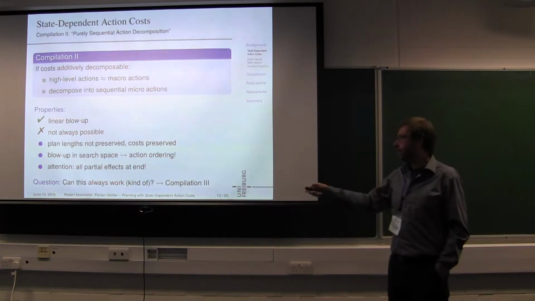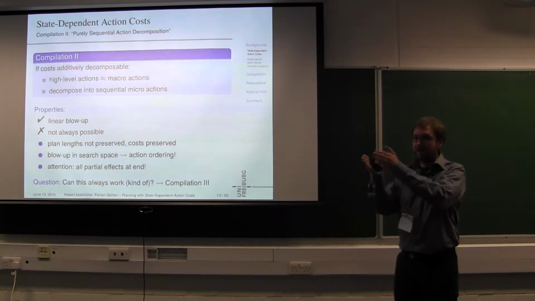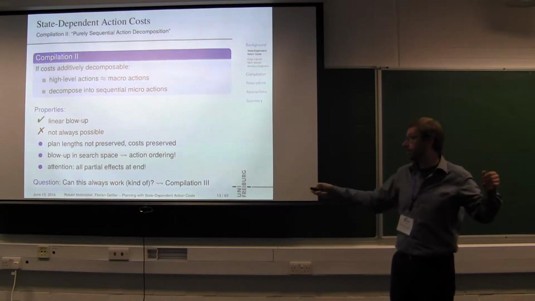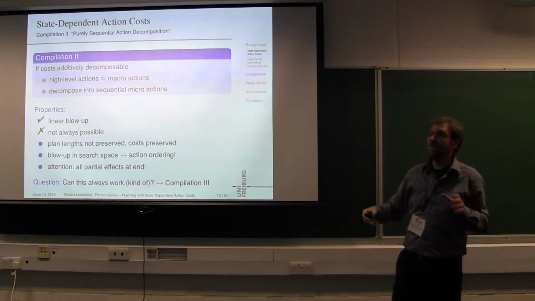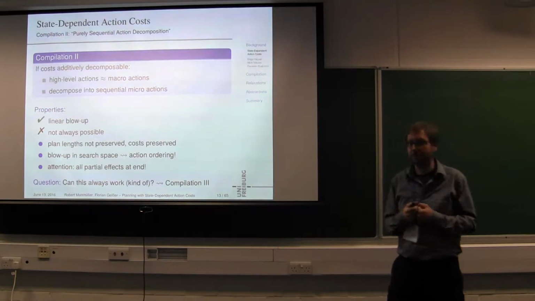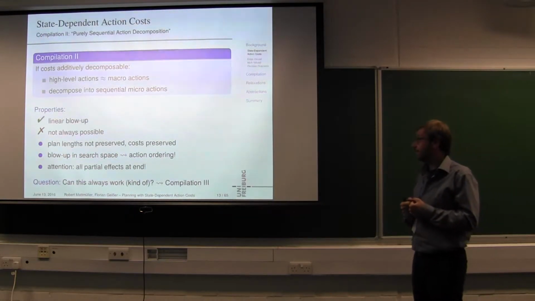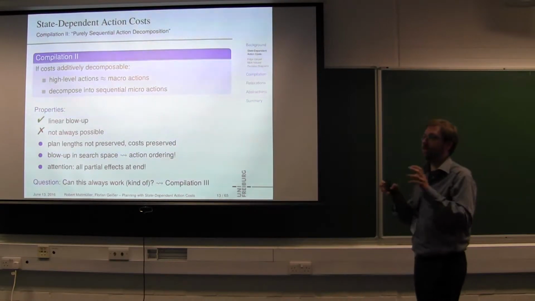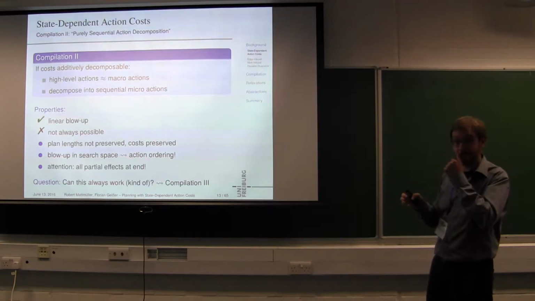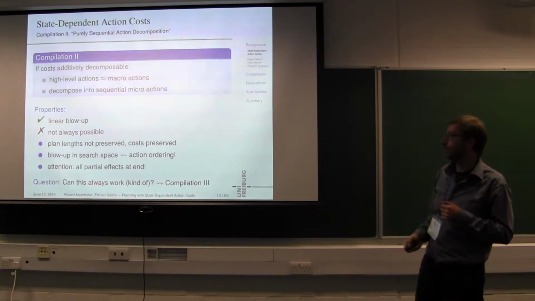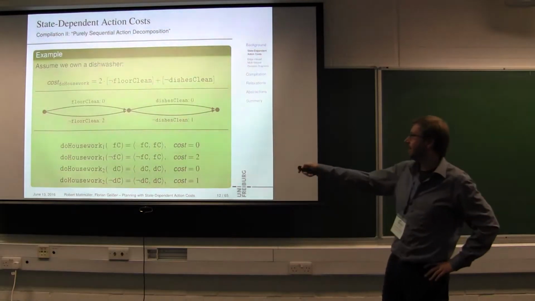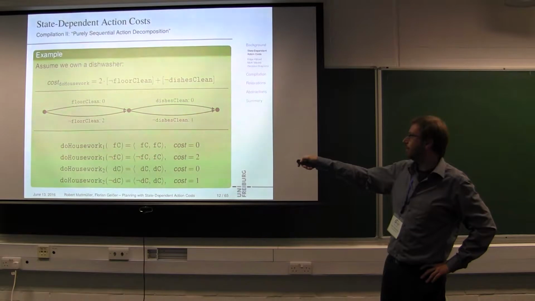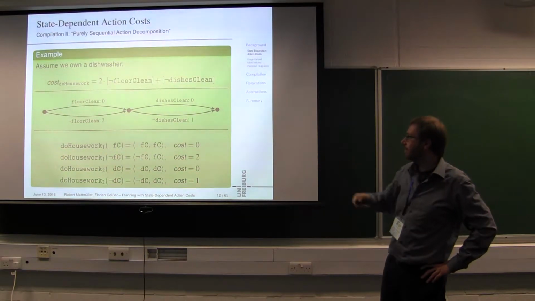Some more properties, because we now turn one action into several sequential micro actions. Of course, the plan lengths aren't preserved anymore, but at least the plan costs are. Often that's good enough for us. And if you don't pay attention, this blow up you got in the representation before, in this first compilation, simply turns into a blow up in the search space. So, for example, if you have these 2 things, floor clean and dishes clean,